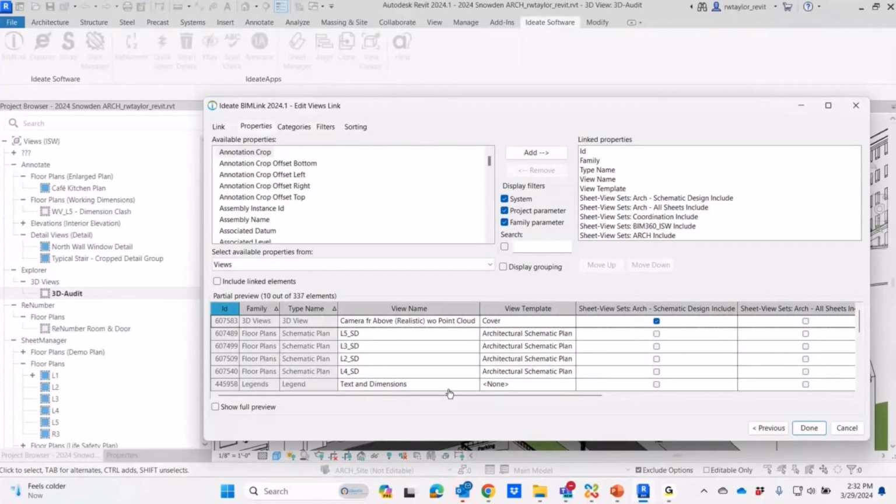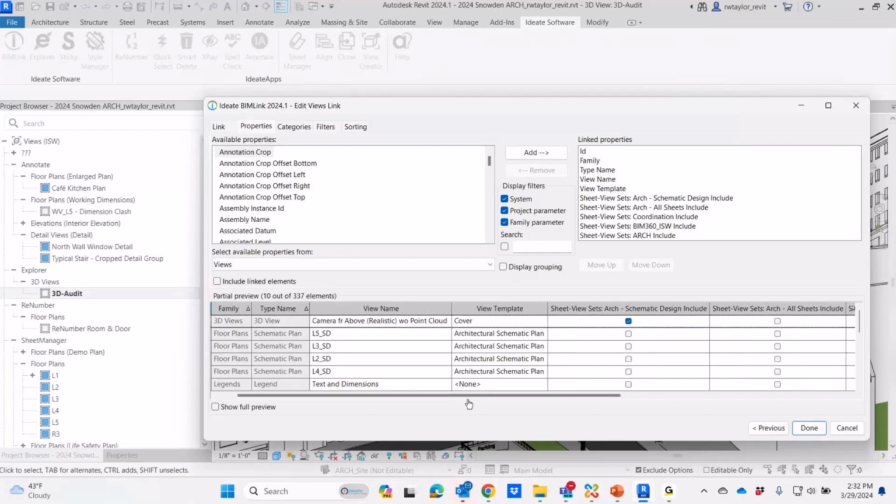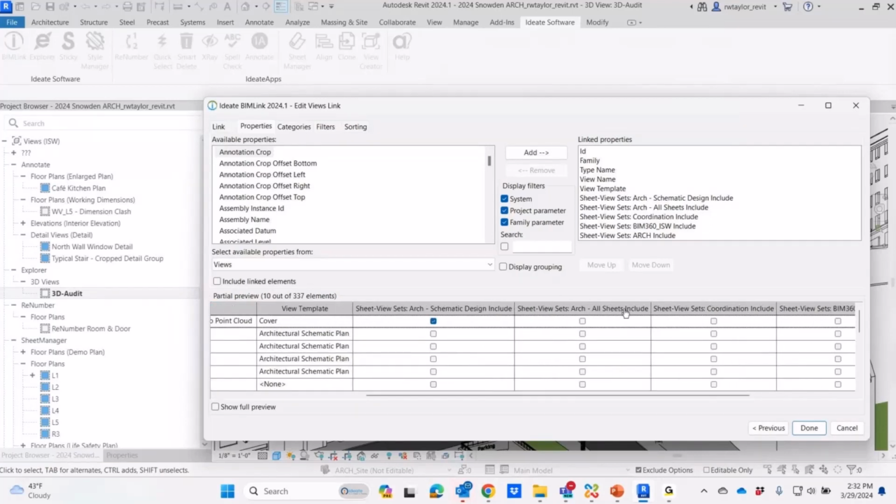Absolutely, yeah. And so I'm showing it's part of the views, but it also has its own BIMLink definition for view sets, so that you can see that there is the actual sheet view set, and then which sheets are associated, as Glynis said, with which sheet or view sets. So you can say, oh, I'm just going to pick these and select these, right, and add those to the set very easily.